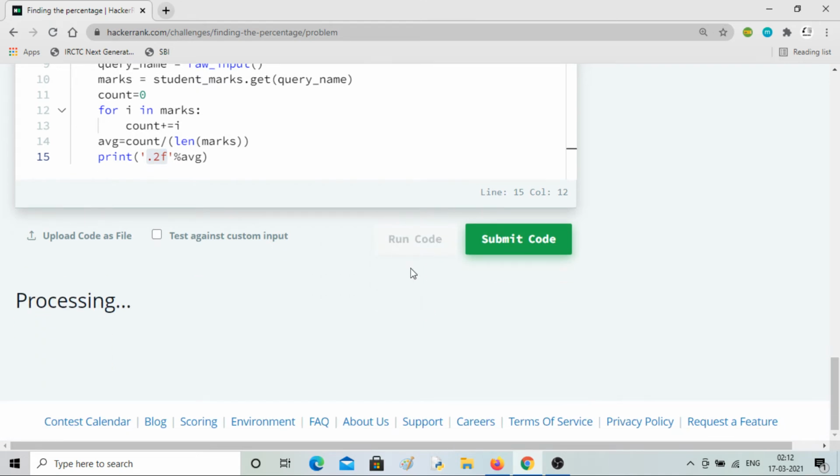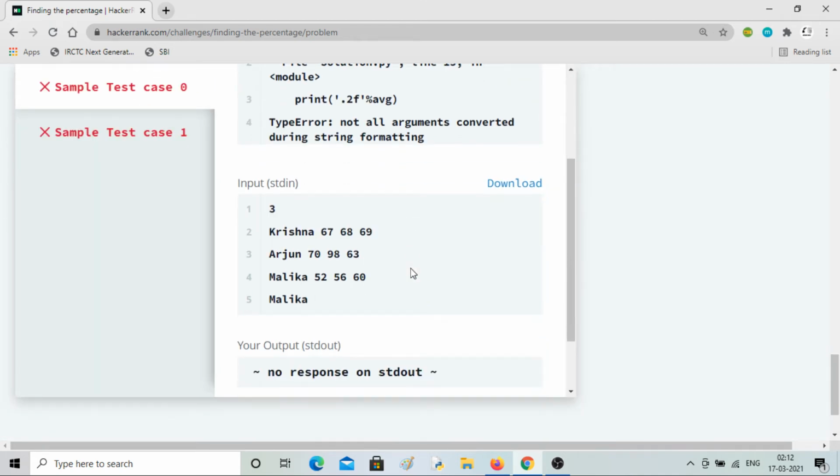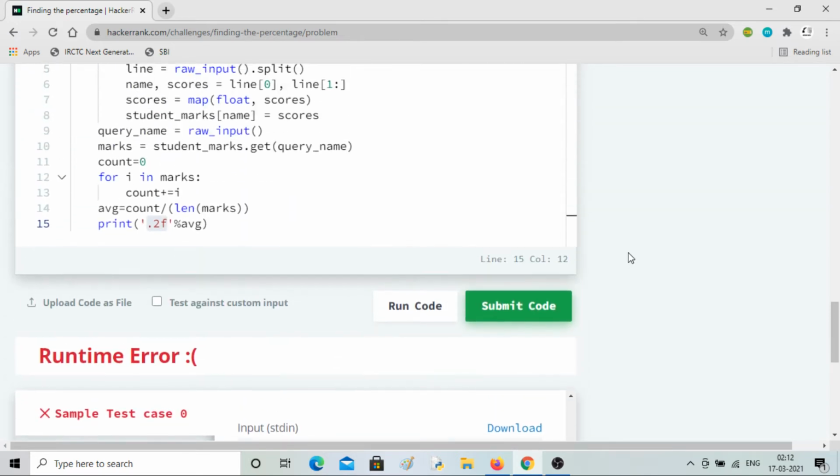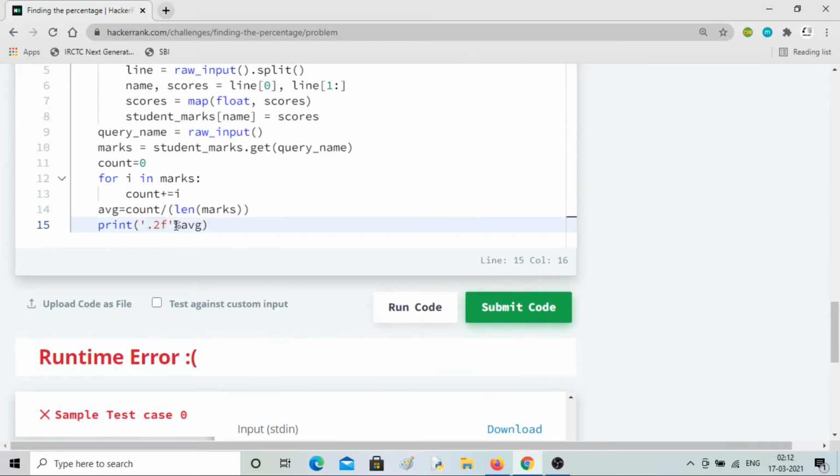So if I print it, you will see that, is there any mistake? Average percentage f is there. I don't remember, percentage d or s. Let me check.